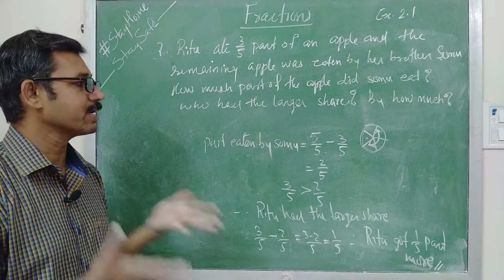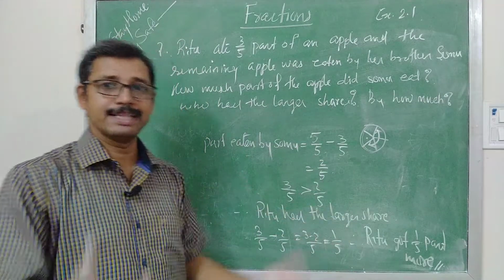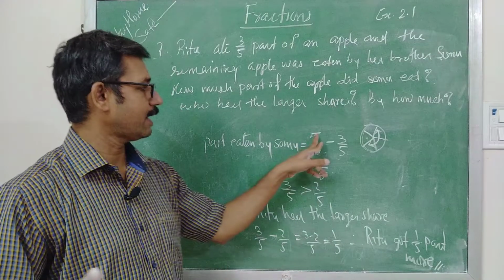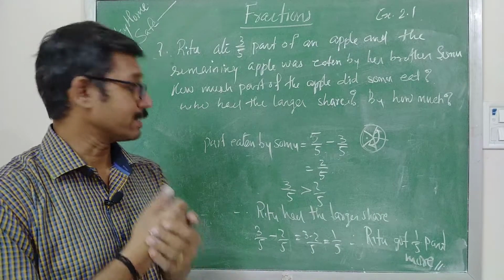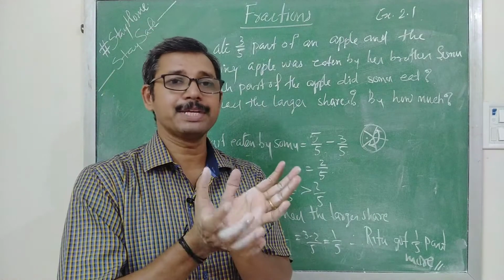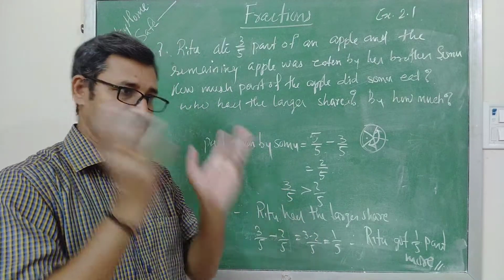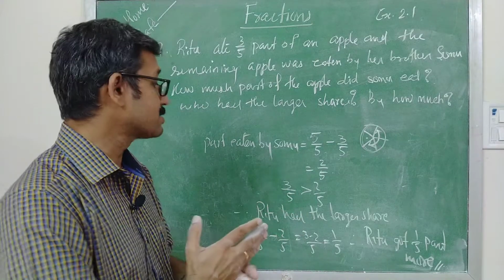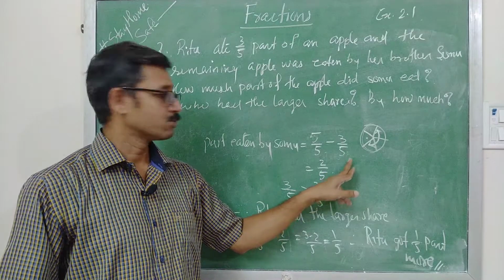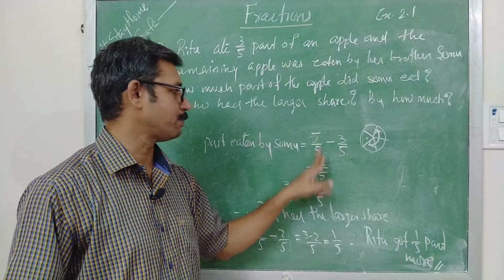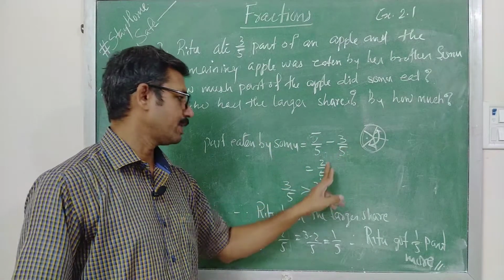Now without a calculation we can understand how many parts there are: 2 upon 5 part is there. How did you get that 2 upon 5 part? Here the question is 5 upon 5. How did 5 upon 5 come? The answer is that the complete whole you have to consider as 1. Whenever a part comes, the complete is taken as 1. You can represent that 1 by the denominator of the given part, here 5. So if it is 5, we write 5 upon 5. If it is 7, we will write 7 upon 7. So the 1 is converted here, so that subtraction will be easy. So that is 2 upon 5 part.